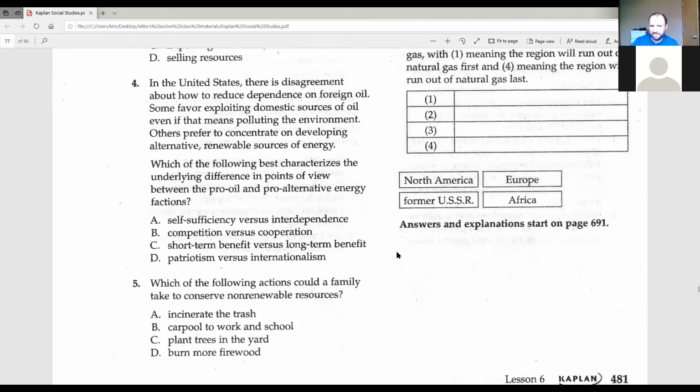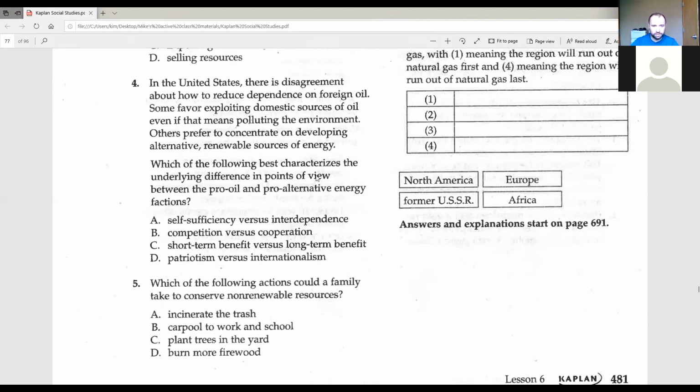So make the best guess you can. What makes the most sense? B, to me, doesn't quite seem like it answers the question. Whereas C, whether you agree with it or not, seems to make the most sense. C is saying that the pro-oil, in other words, people saying we should use our nation's oil reserves so that we're less dependent on foreign oil, that's a short-term benefit. That solves the problem in the short term. But it doesn't factor in the idea that we might then run out, 100 years from now or whatever. That's more of a short-term.